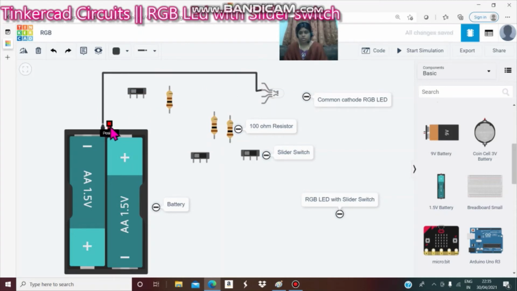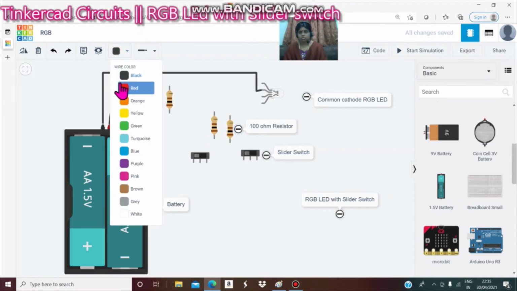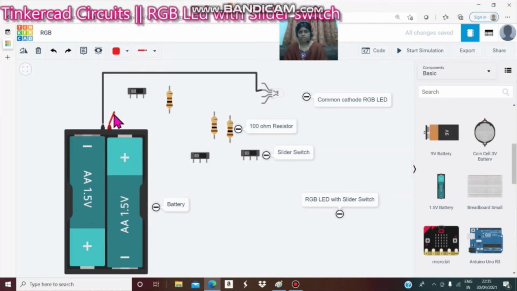Next, the positive of the battery: you can select a red wire for the red LED. Drag this line to the common of the switch.